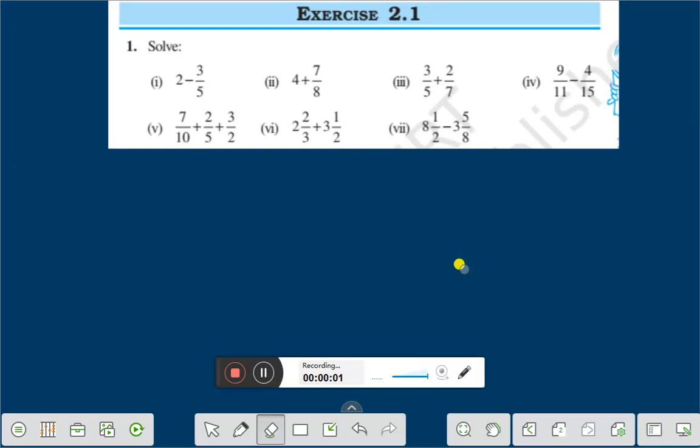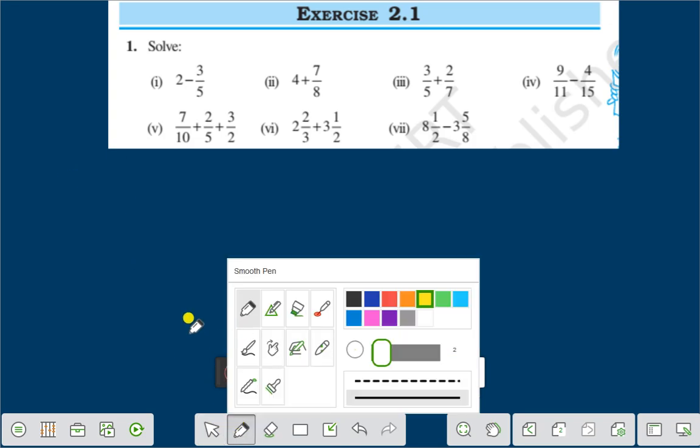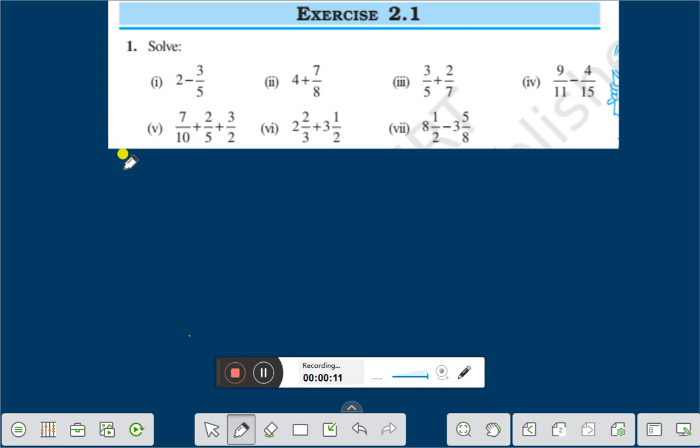Hello everyone. Today we shall discuss exercise 2.1, question number 5. Right? Question number 5 is